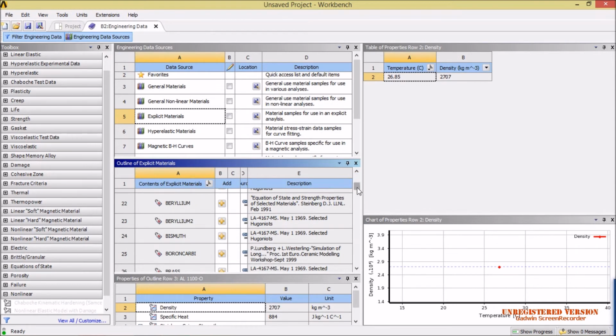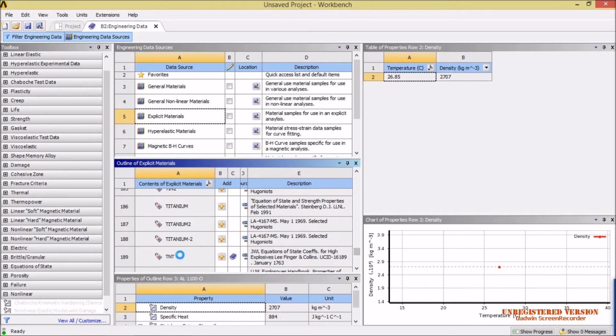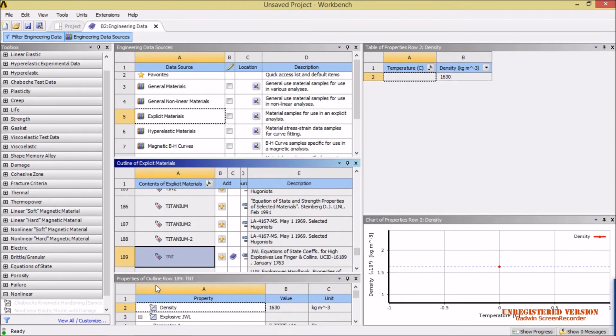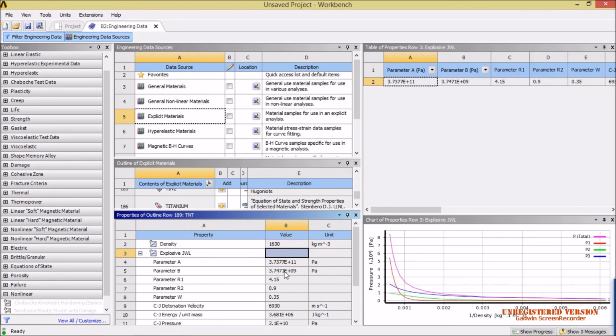If you wanna edit the properties, like if you wanna edit a property of TNT, select TNT, and it will show the properties of the material. So you can actually edit by clicking into the value, the box. So we have